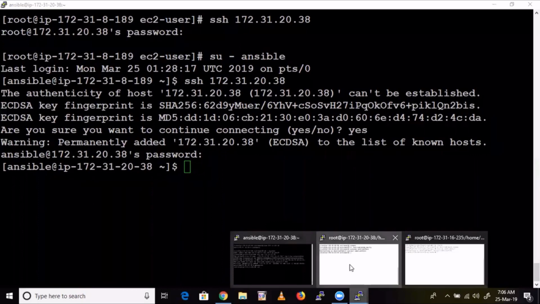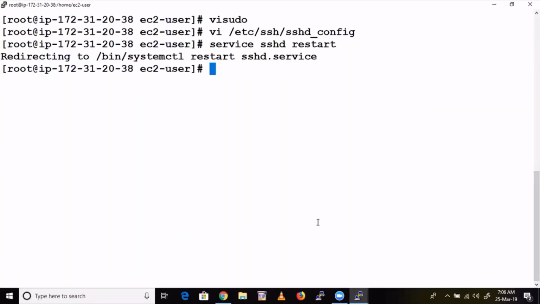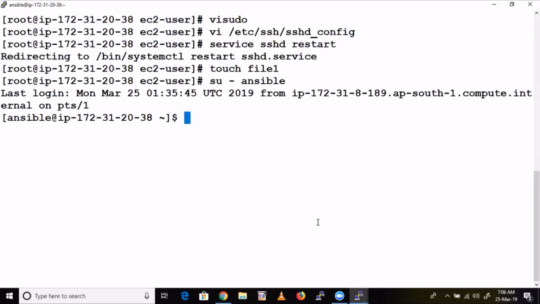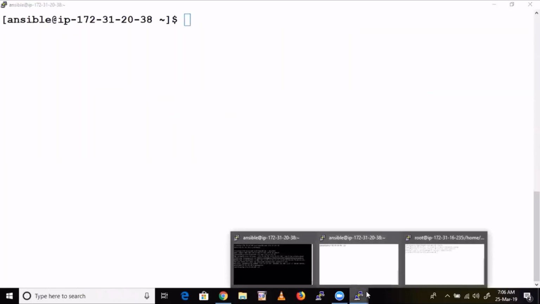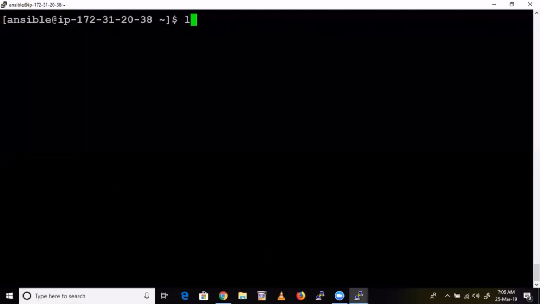For example, here if you want to create any file. So if you create any file, in a current directory, touch file 1. Okay, you have created file. Here also it's switch to Ansible user, guys. So Python Ansible. Okay, now touch file 1. Now do ls. You have file 1. Now if you do ls here, you can see the same file 1 here.